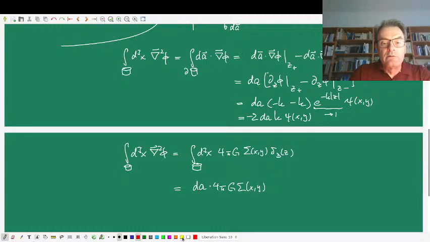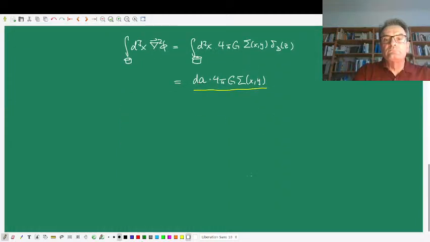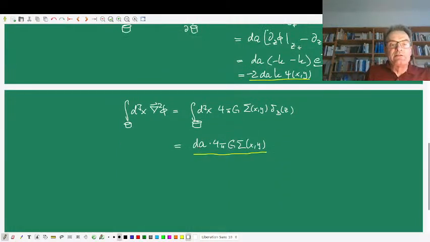All right. Let me take yellow chalk first. So we know from Gauss' theorem that this is true. We know from the Poisson equation that this is true. Now let us combine these two and conclude that